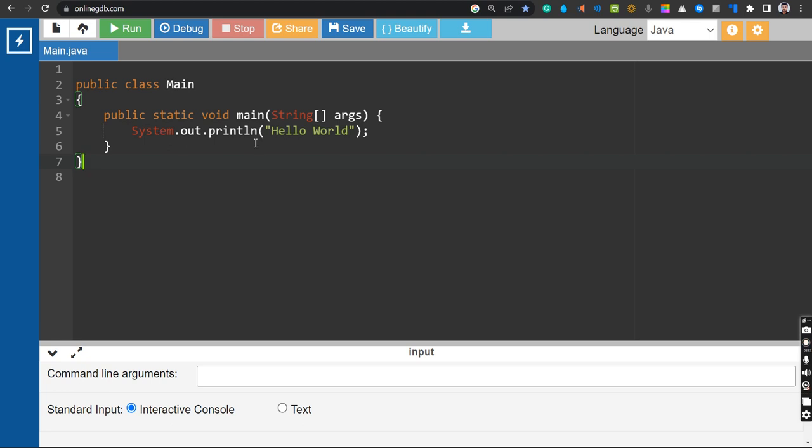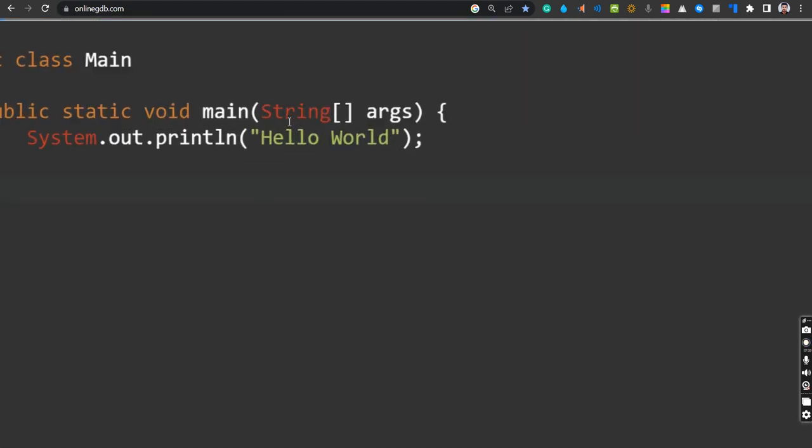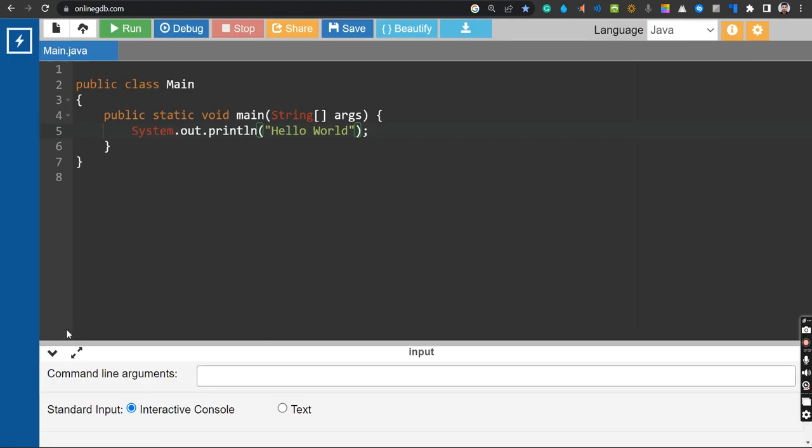So this is System.out.println. System.out means in Java, and in every other language, there is a certain syntax which is going to produce output, or print the thing. So here it is System.out.println in Java, and I'm putting Hello World inside it. This is also a bracket. Inside this bracket we have double inverted commas. Inside the double inverted commas, whatsoever you write will be present on your console. This is a console.